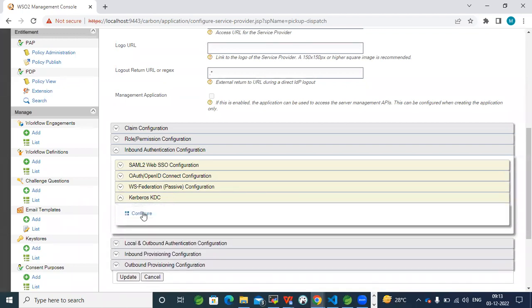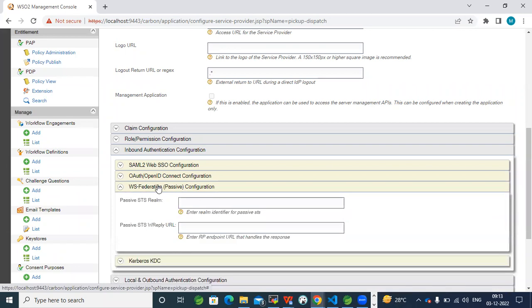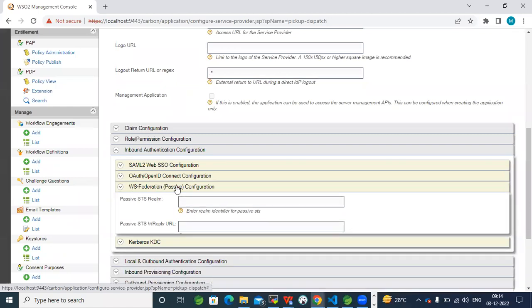You separately do not need to enter your credentials. But WS-Federation means Windows will have one service, that is the Windows Federation service. Using that Windows Federation service, we can authenticate the machine